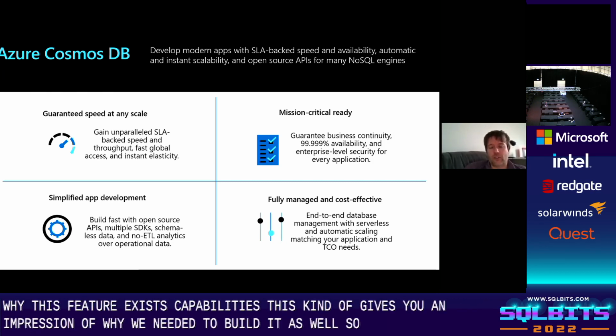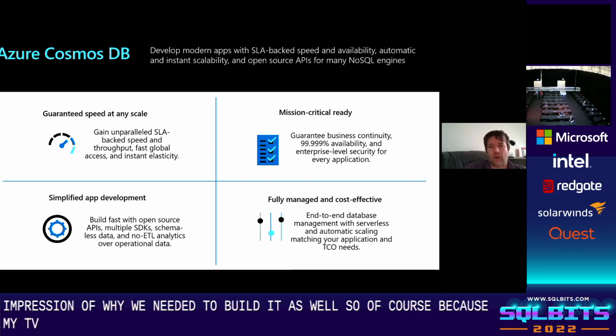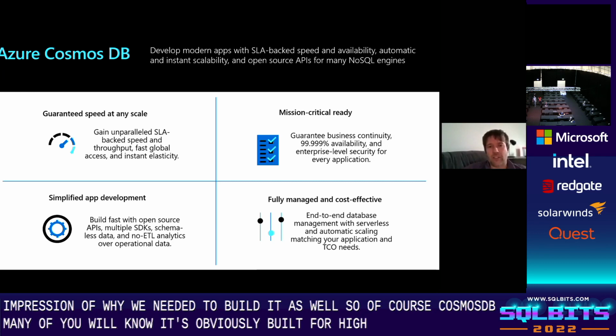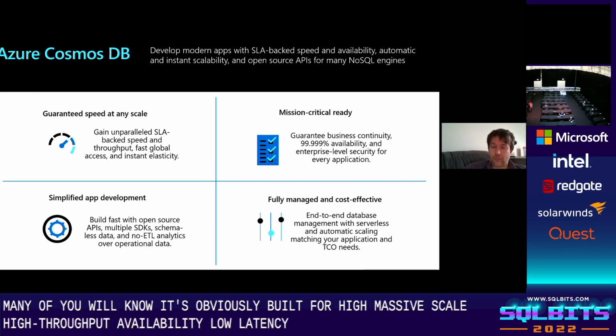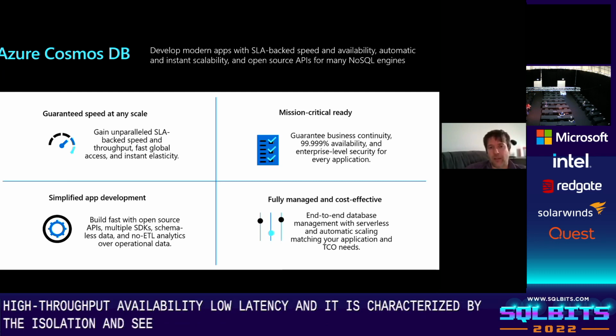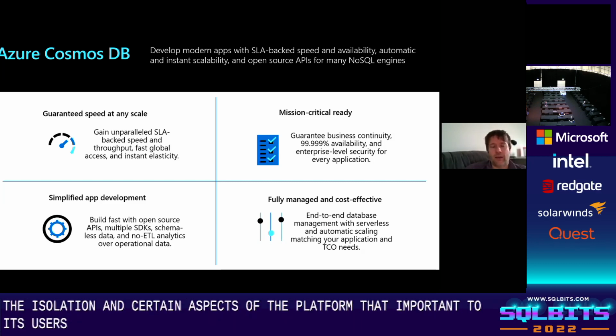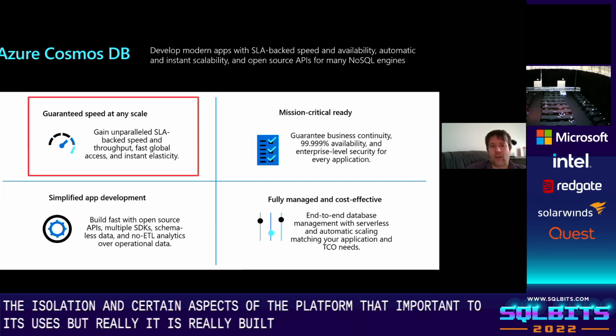So, of course, Cosmos DB, many of you will know, is built for massive scale, high throughput, high availability, low latency. It is characterized by these SLAs and certain aspects of the platform that are important to its users. But really, it is built for massive scale. So if we look at the SLA side of the picture,